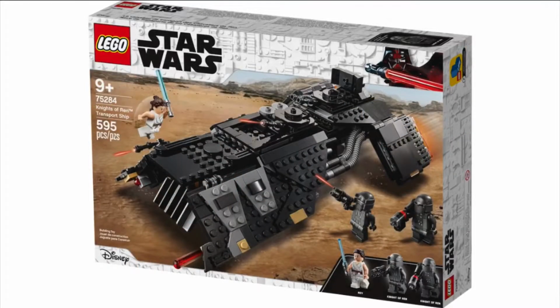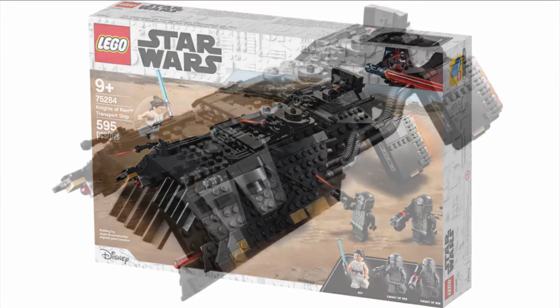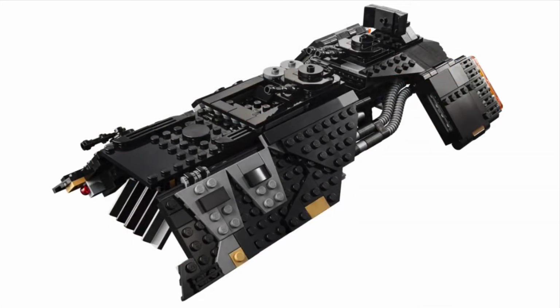Next up, we have the Knights of Ren transport ship, or Night Buzzard. This set contains 595 pieces and will retail for $70 in the US with 3 minifigures. The build for the Night Buzzard actually doesn't look too bad in my opinion. I actually really like it. The only problem I have with it is that it looks a little bit too small for what it is,